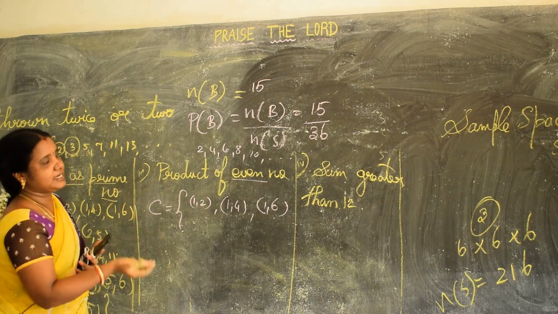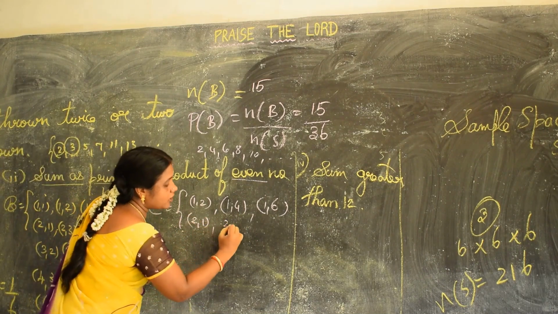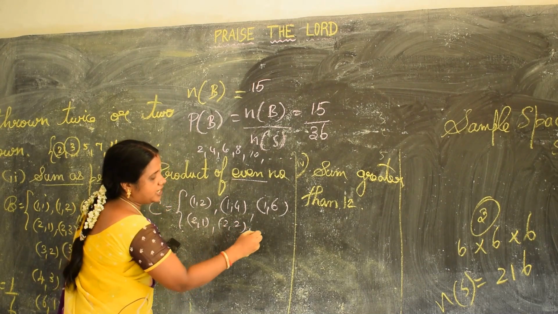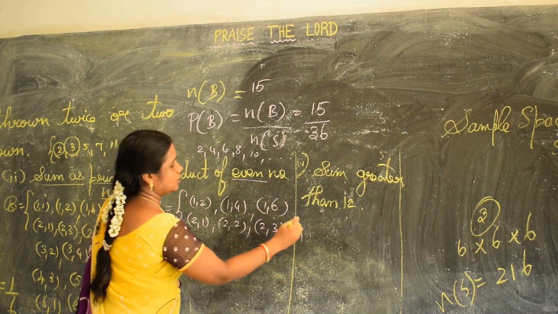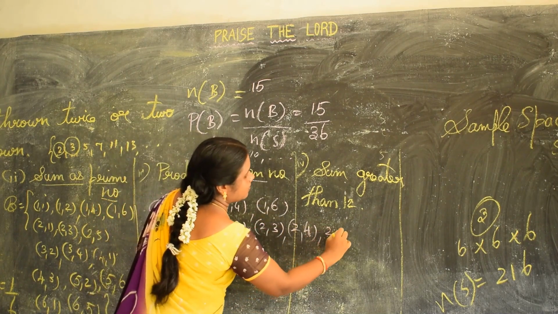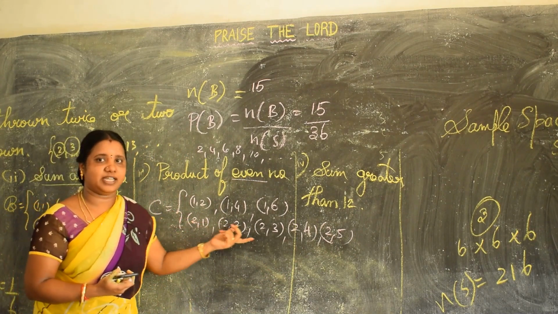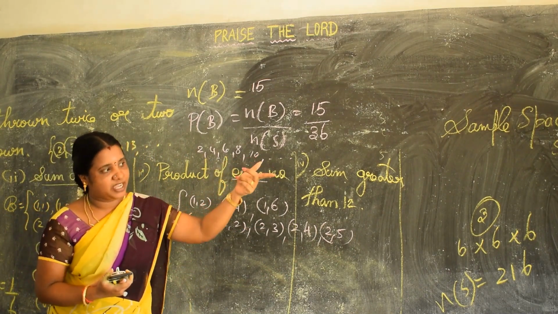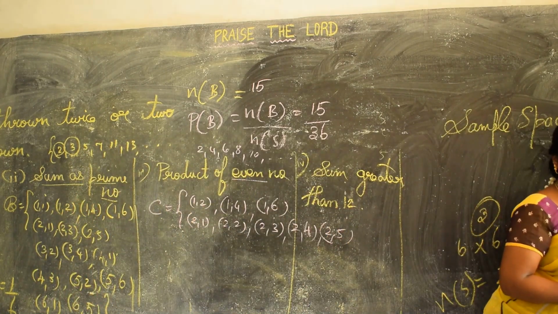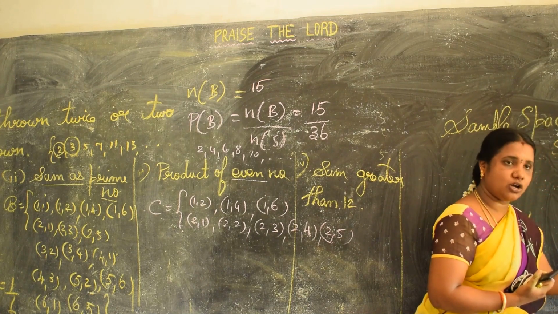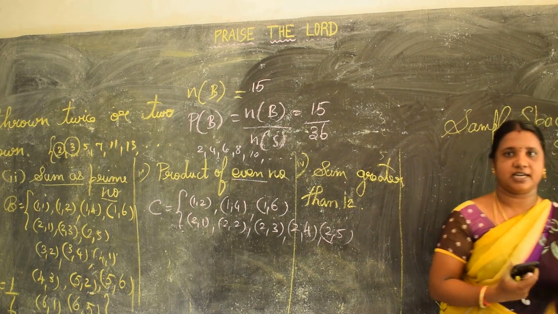Next, 1, 4. Next, you can write 1, 6. Now, you have to consider the second row. That is 2, 1. Next, you can write 2, 2. 2 twos are 4. Next, 2, 3, 2, 4, 2, 5. In the second row, fourth row and sixth row, you can write all the elements, because if you multiply, you will get only even numbers. So, you can write all the elements here.